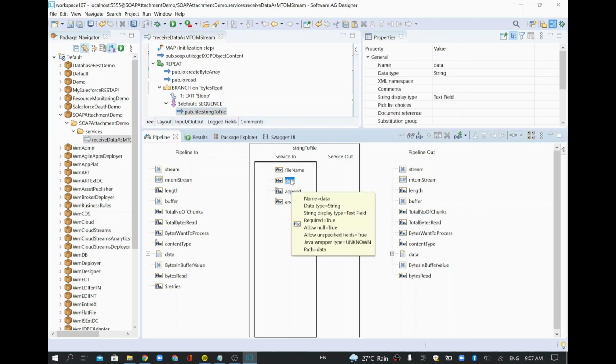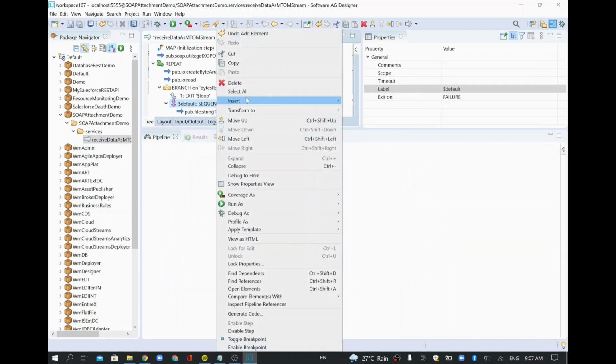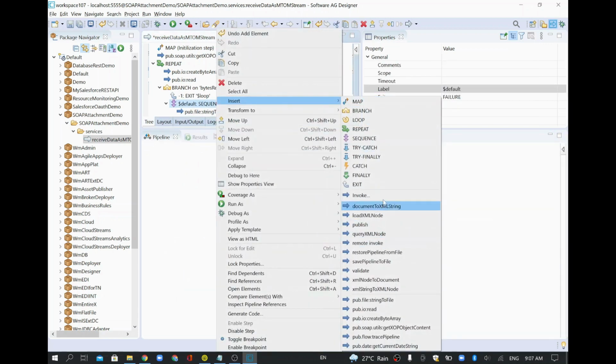So we need to convert our array bytes data or stream data, whatever we have received. The buffer data where we have the 100 KB, we want to write it. In order to write, it needs a string, but that one was in an object, so I need to convert it. To convert it, you can have some service which I'll call now.